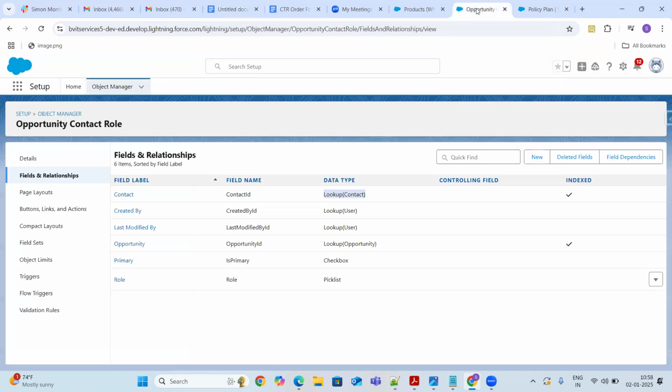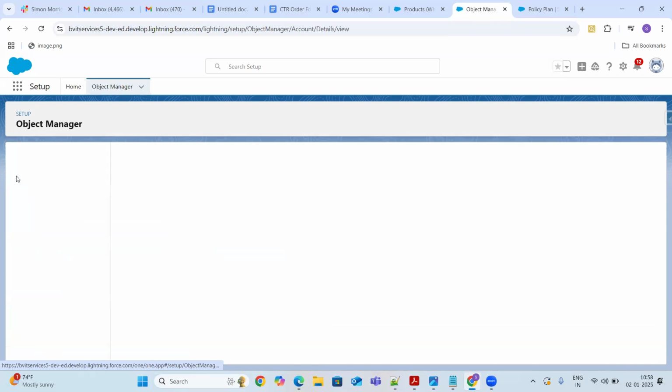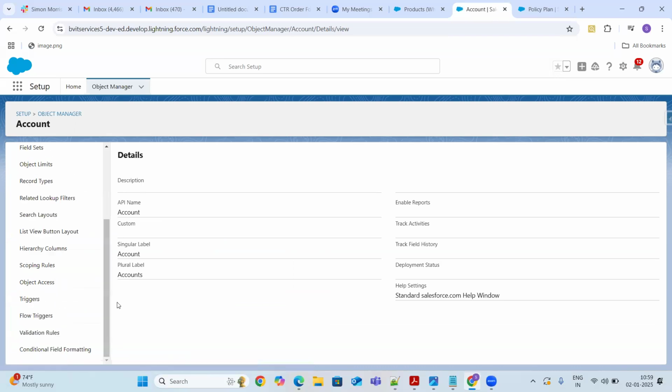With this, we have completed the basic stuff of object manager, guys. That means how to create an object, how to create fields, how to create a tab, and then page layouts and record types. If I open up any object, the major admin functionalities are setting up all these things, guys.